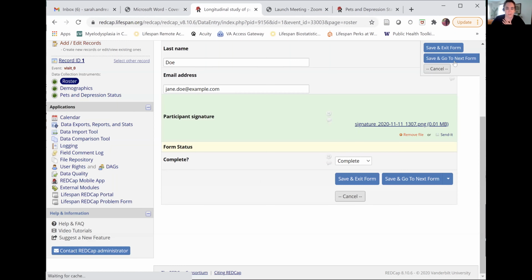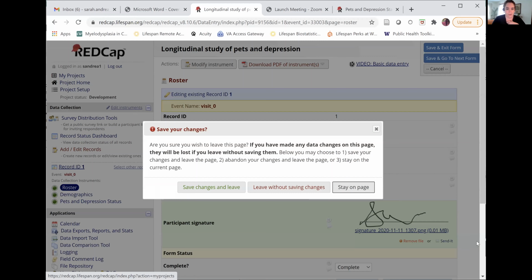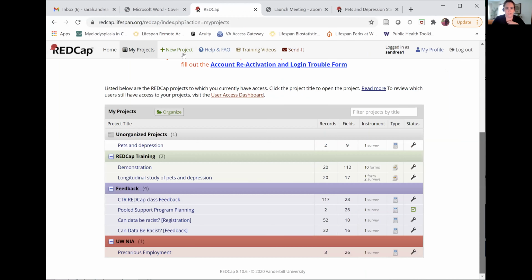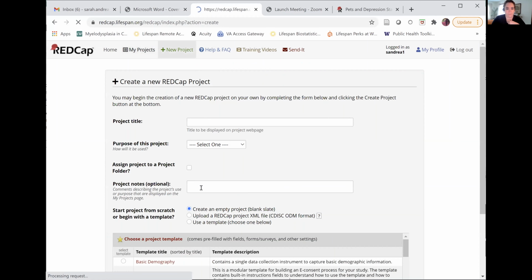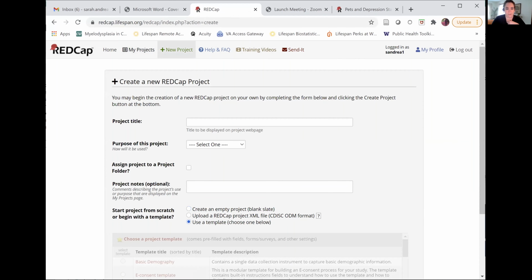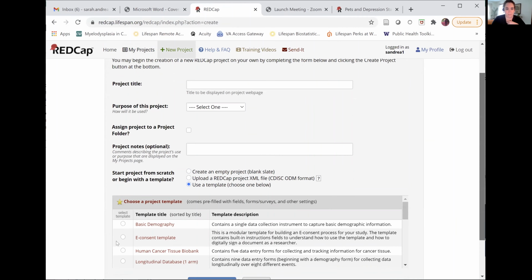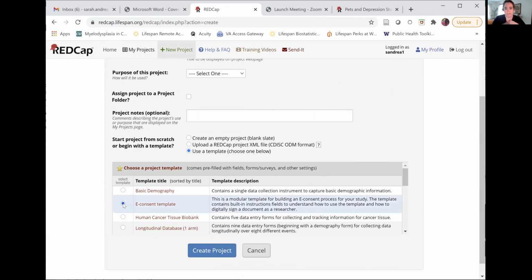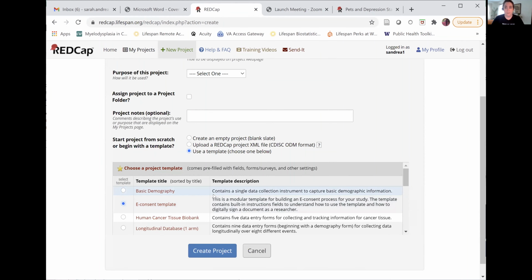I do want to show you that if you are doing electronic consent, I'm going to exit this project and pretend to create a new one for a second here. So new project, and I'm going to show you from the templates below. There's this e-consent template, and this is a template that I believe is based on our IRB's, where it even gives you the IRB form that you submit,